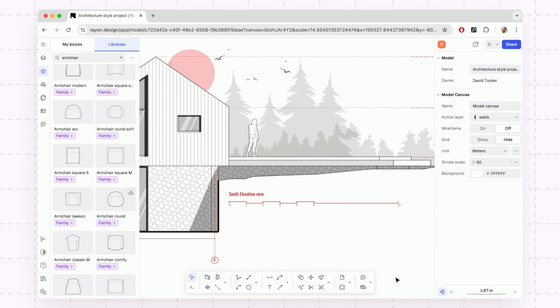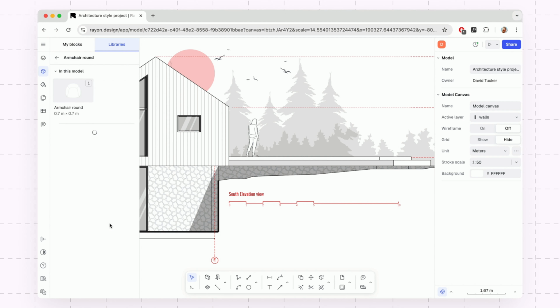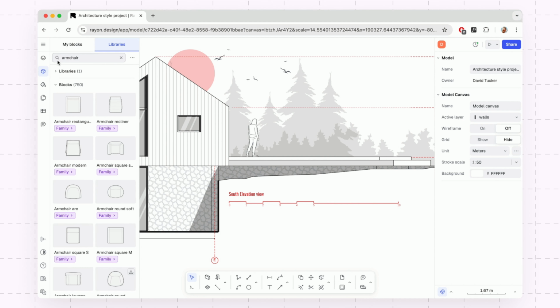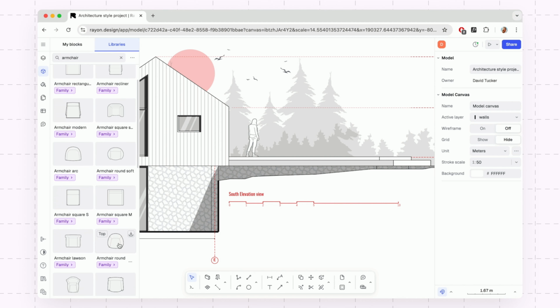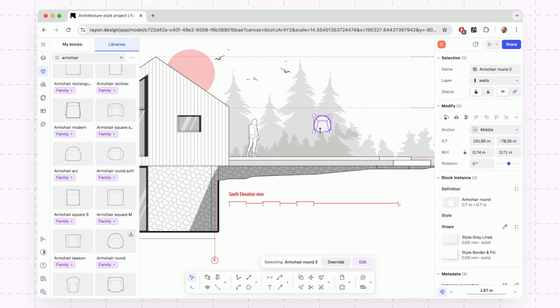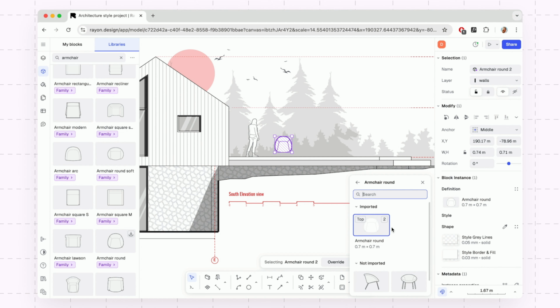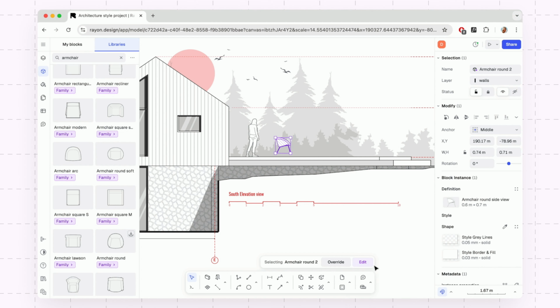An additional feature of blocks is the ability to easily switch them into section or elevation view. Each block has a family, as you can see here in purple. If you click on the family, it shows you the blocks of the side view and the front view. So let's go back to the main view, and if we were to put this block into our drawing, of course, this top view doesn't make much sense here, but if we go to the side and switch its definition from top to side, it will import the side view, and now we have a side view of that exact same block